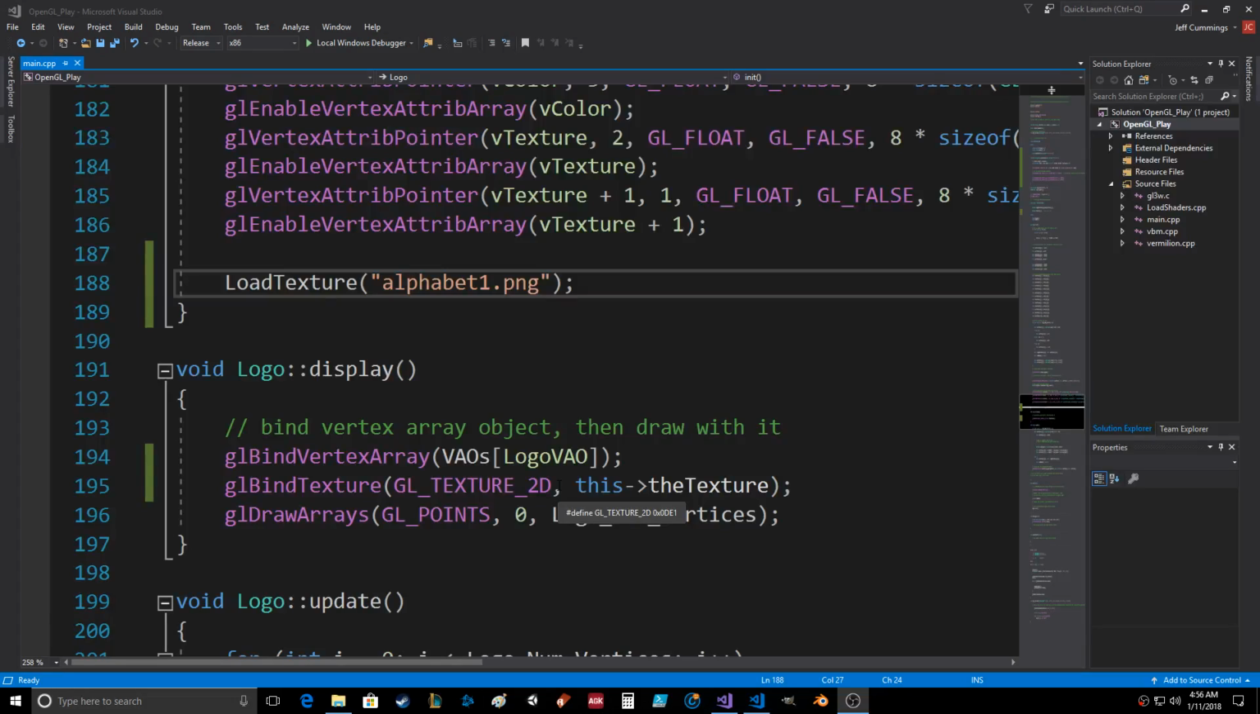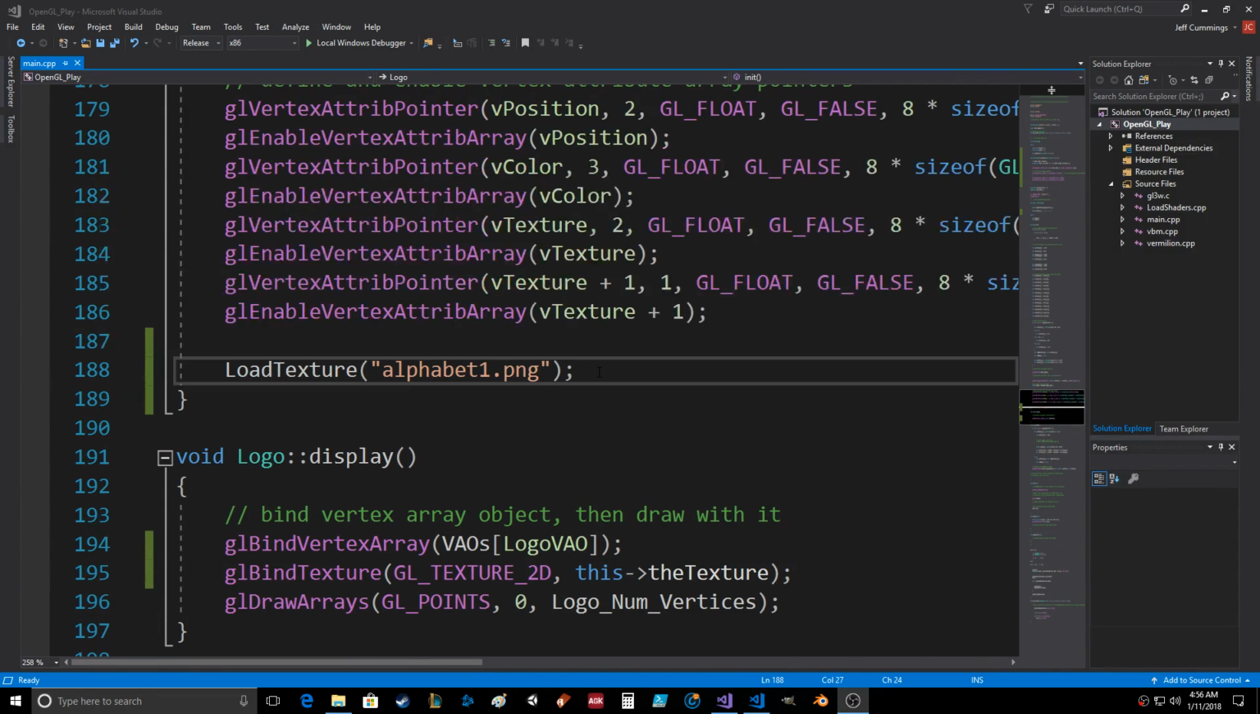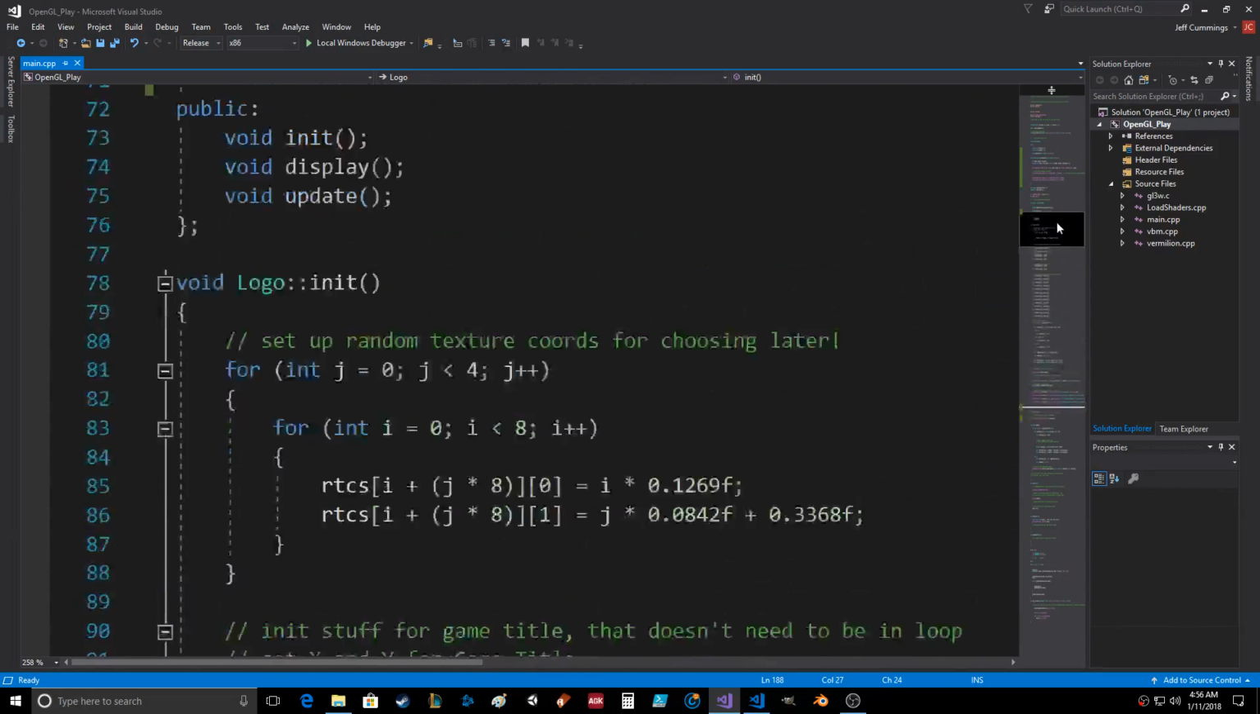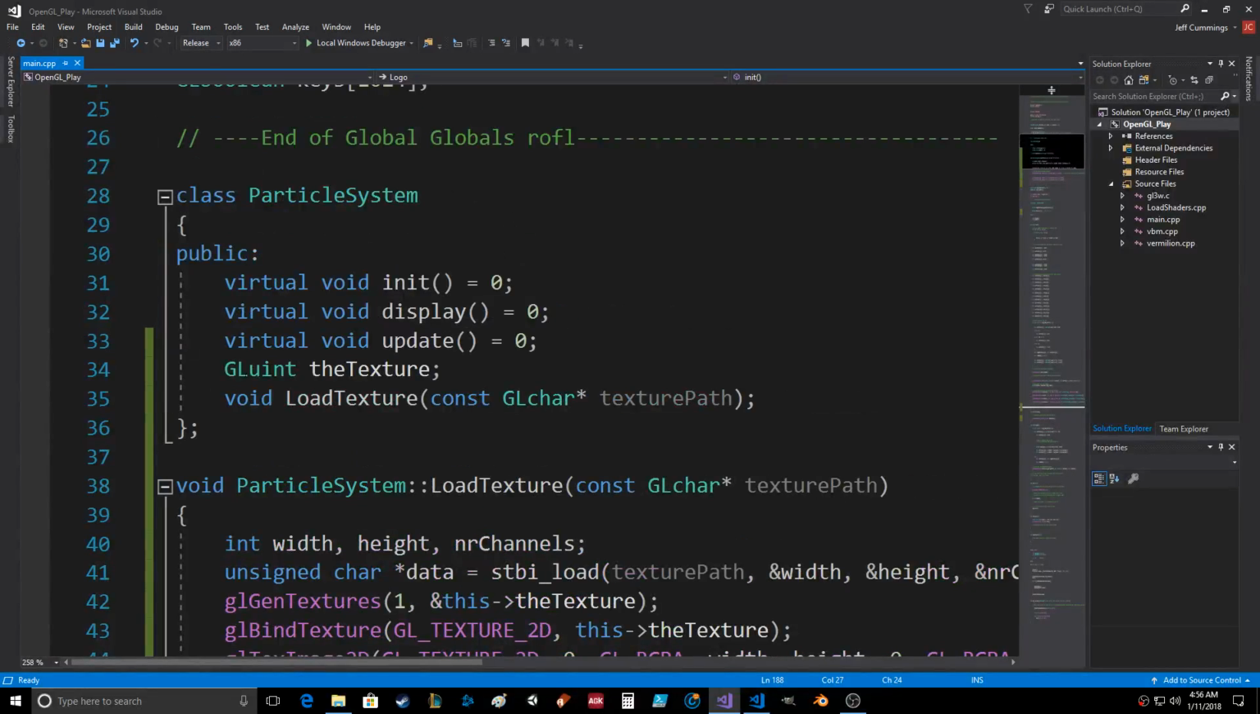What we're doing is, I was thinking about what the particle systems are all going to have in common, and they're all going to have a texture. So I decided to take the texture loading out of the actual init code, and I put it in the base class. So the base class now has the texture unsigned integer, and the base class also has this function LoadTexture,